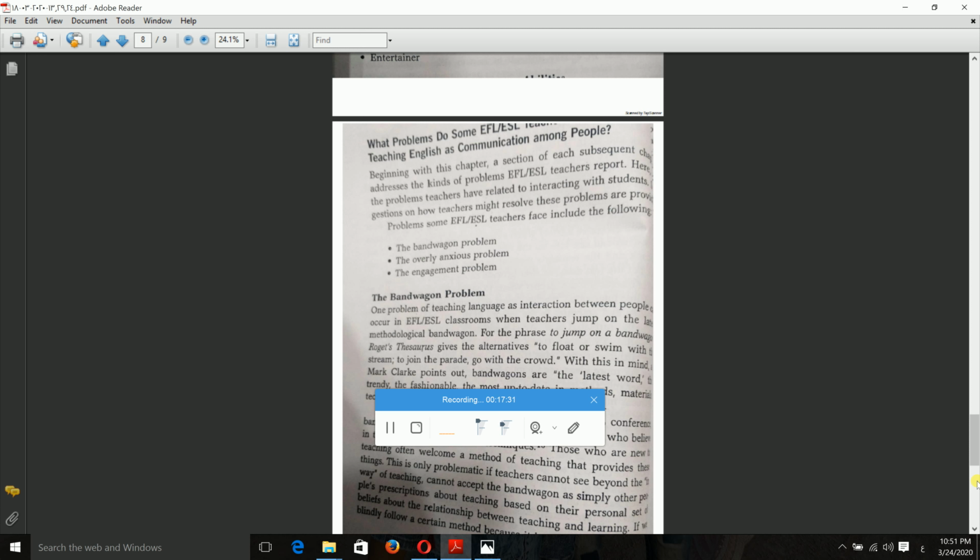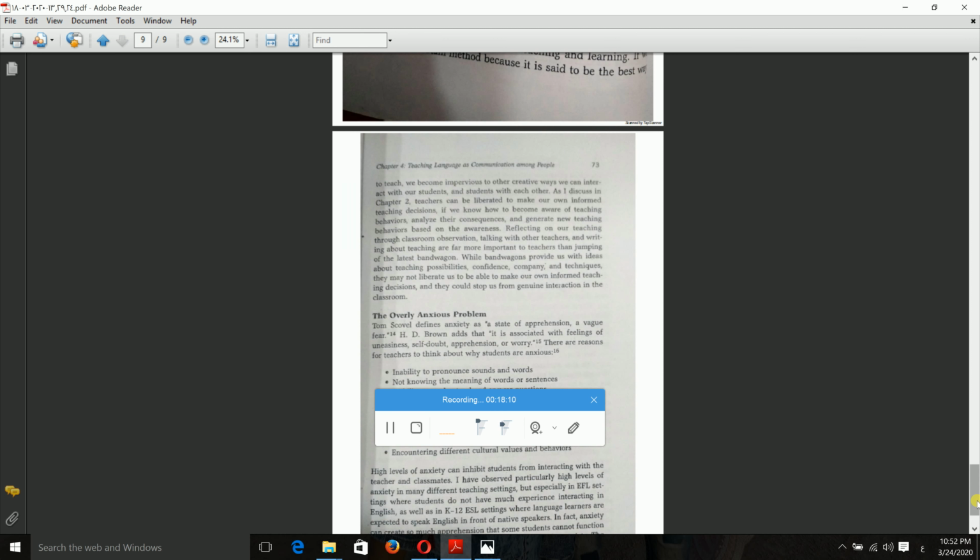the problem that some new teachers focus on the updateness of English language teaching, or teachers jump on the latest methodological bandwagon. So, reflecting on our teaching through classroom observation, as we mentioned in the previous lectures, the teacher must be